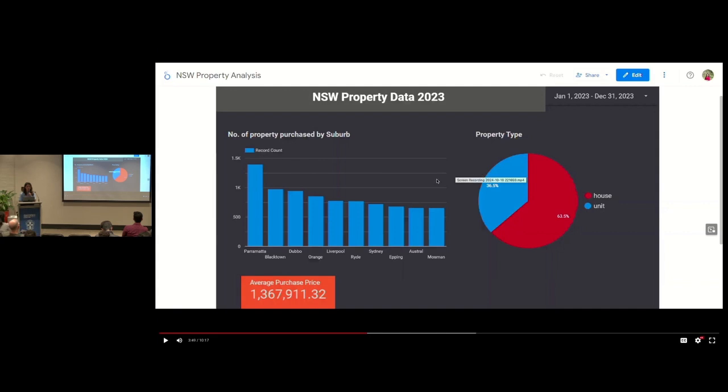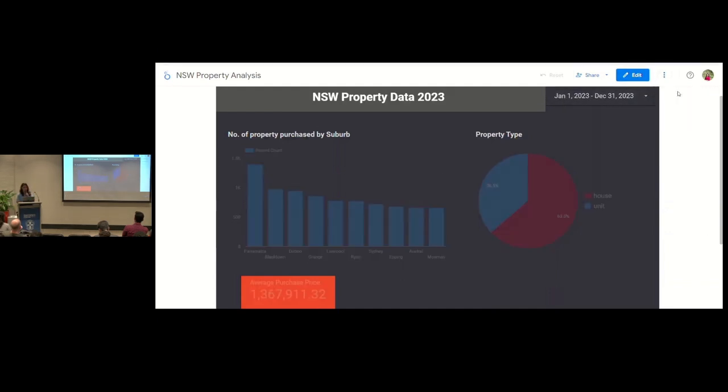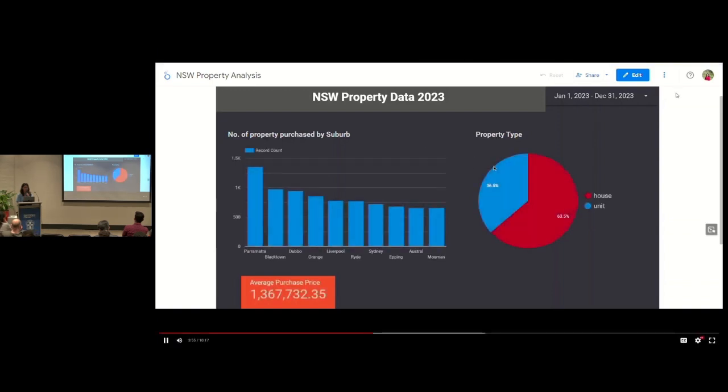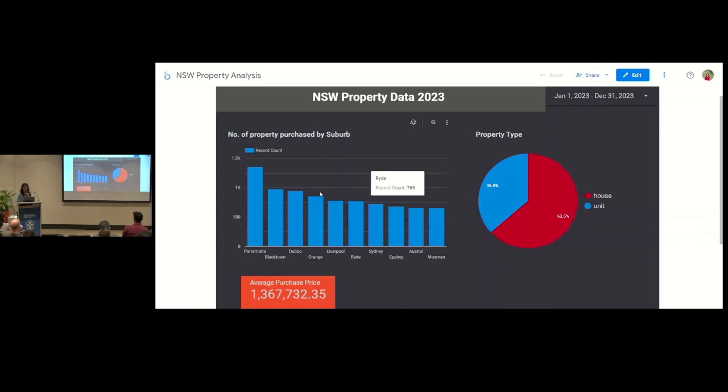So here we can see I have a simple dashboard built in Google Looker Studio. From the data set, I have filtered 2023 data. So this is NSW property data of the year 2023. Here we can see the number of properties purchased by suburb and property type. And if we see the report here, we can see that Parramatta is the buzzing hub for real estate,